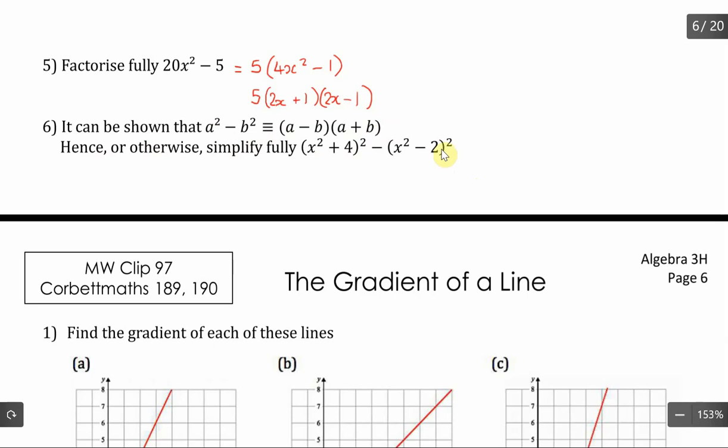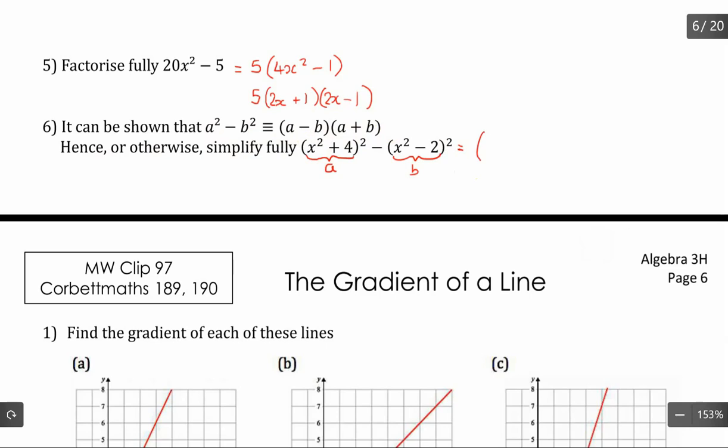Now, it looks complicated because there's loads of things going on there, but if we just treat this bracket as a and this bracket as b, then what we've got going on there is this, a squared minus b squared. So we're just going to copy this part of it and use a and b instead of a and b there. Okay, so